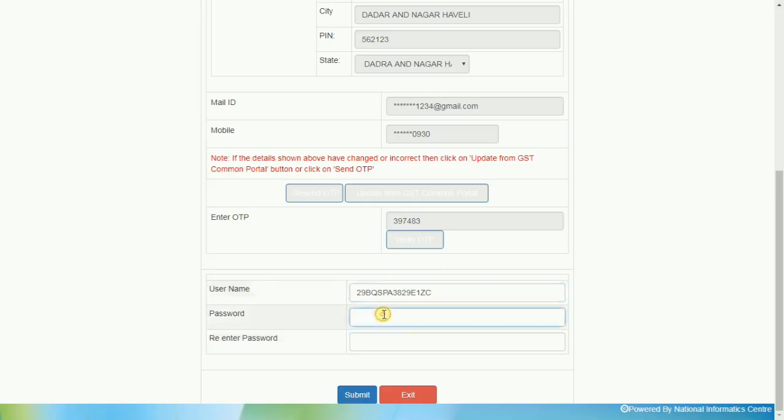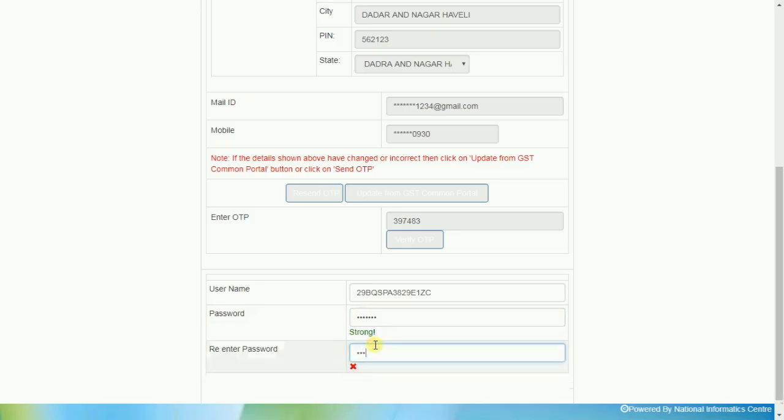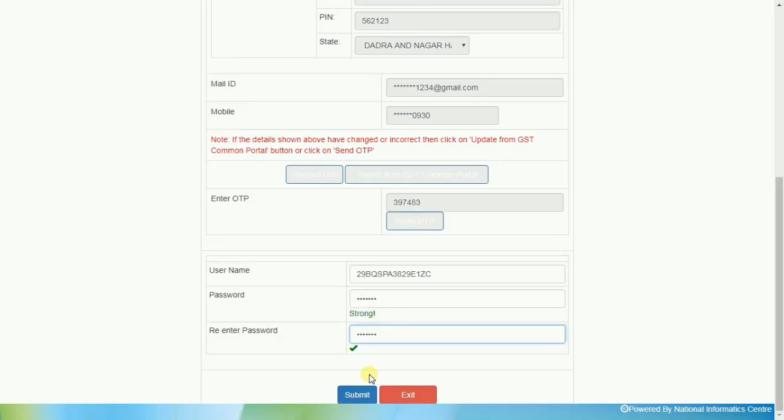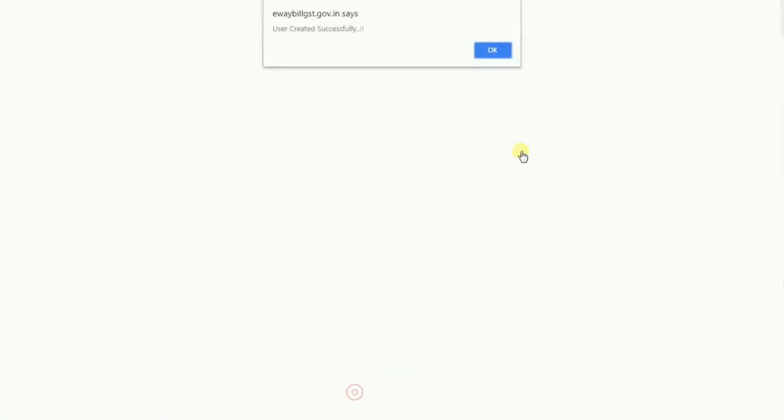Taxpayer has to enter the password, re-enter the same again for confirmation, and click on the Submit button. E-way bill system will then create the username and password for the taxpayer, which he can use for login in